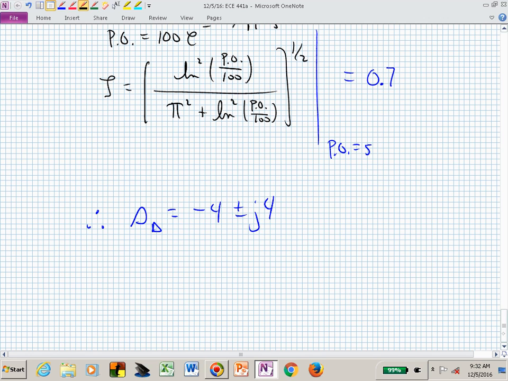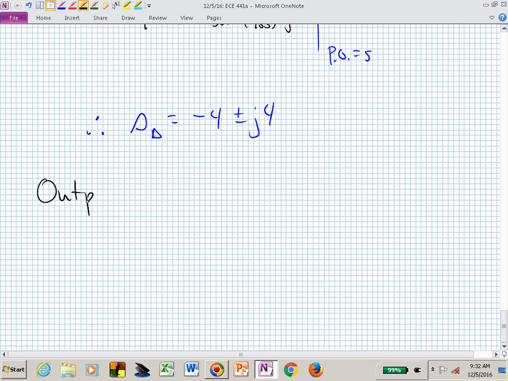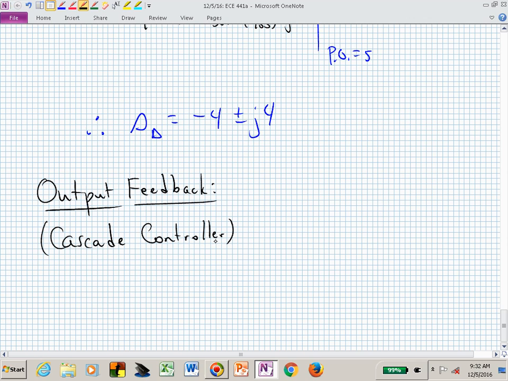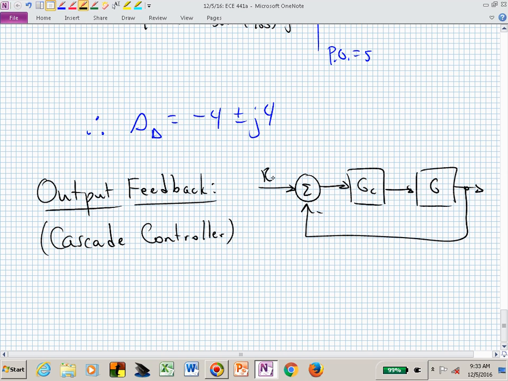If we're doing the output feedback problem, have I used the adjective Cascade? That just sounds like I want to say that today. This is a Cascade controller. It just means that it's in series with the system itself in a unity output configuration. Our block diagram has that classical structure,